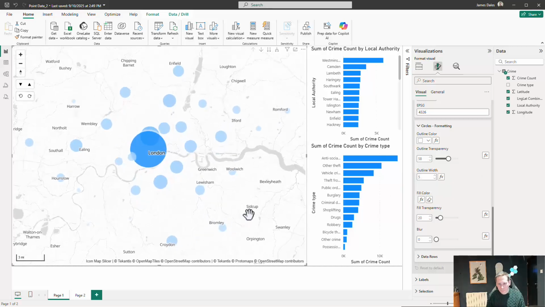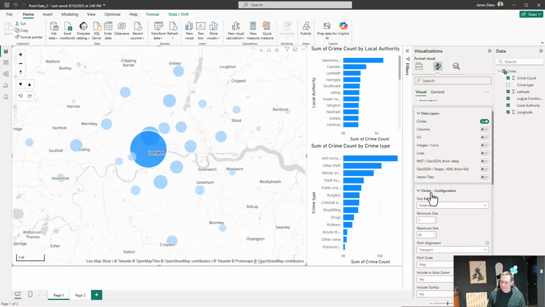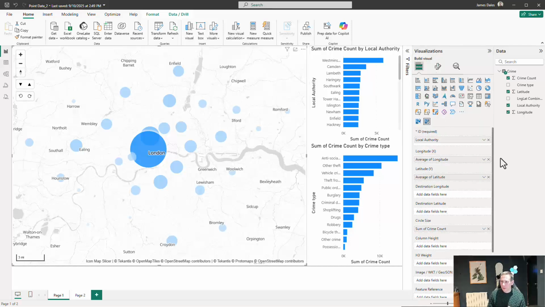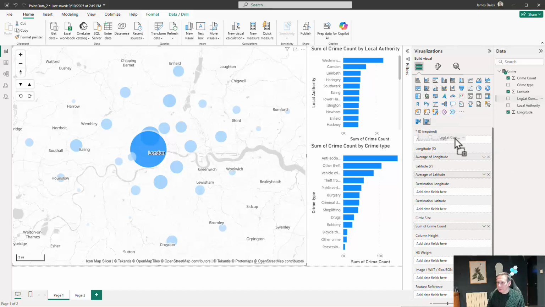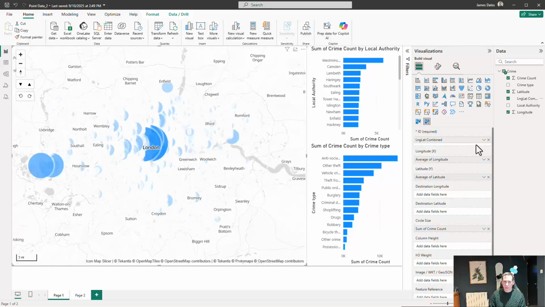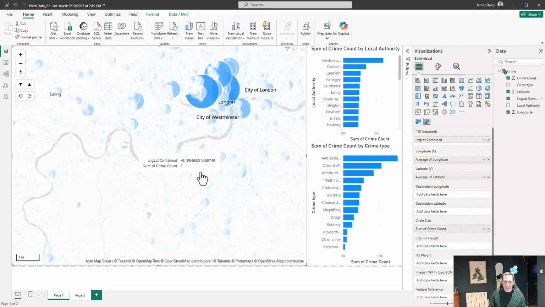Okay. So that is circles. Now, what I'm going to do now is go back and remove our longitude, latitude combined. Actually, that's not what I want to do. Let's go down and just deal with that granular data. So we'll get all of those circles displayed on the map, but actually,